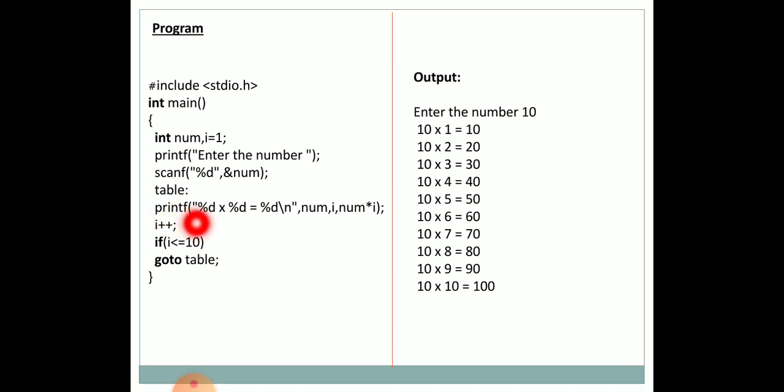Printf %d into %d, then %d. So when this statement is executed, we will get the value that is given as the value of num. We have given the value of num as 10. So as output we will get 10 into, and the next value to be displayed is the value of i. i has the value 1. So our display will be 10 into i